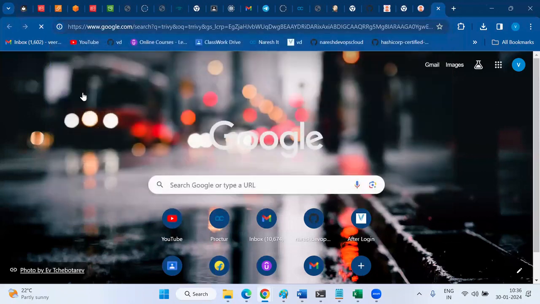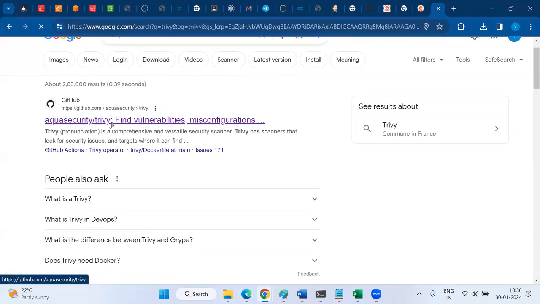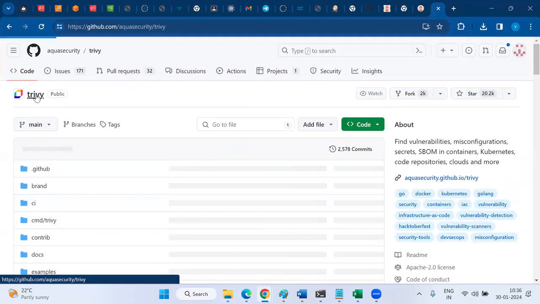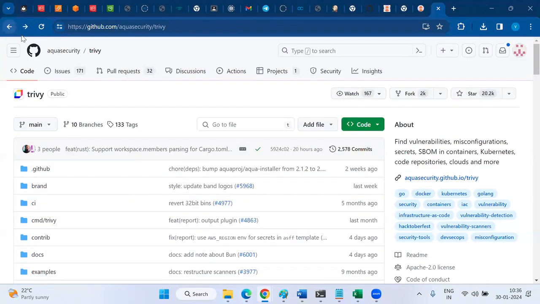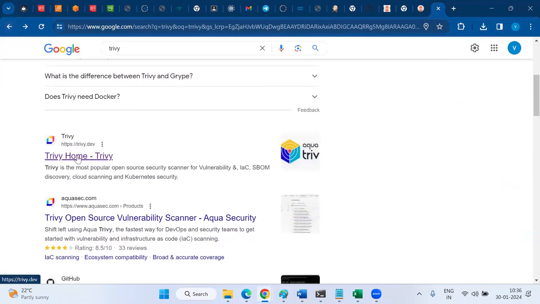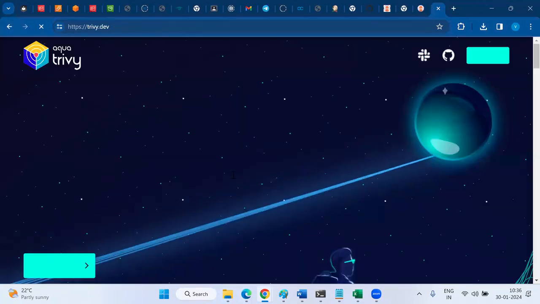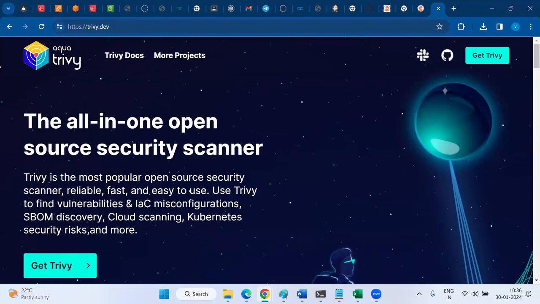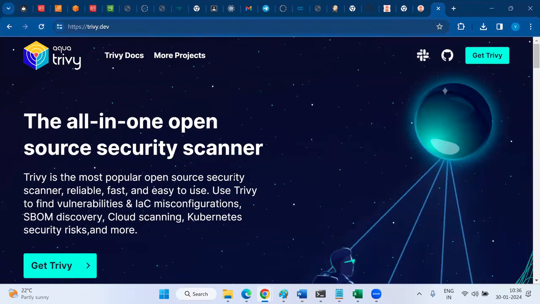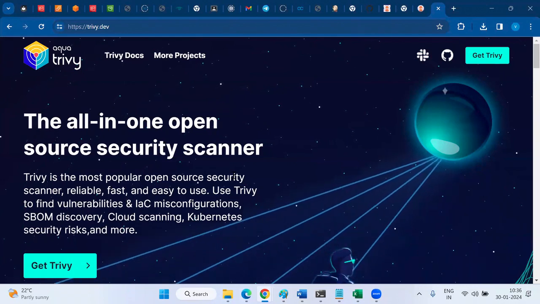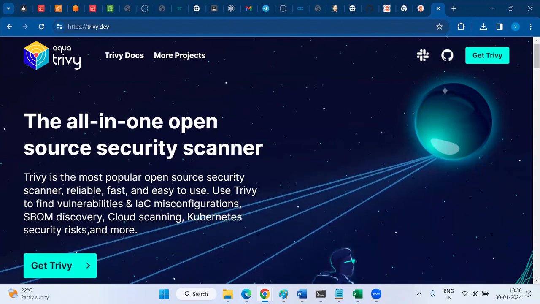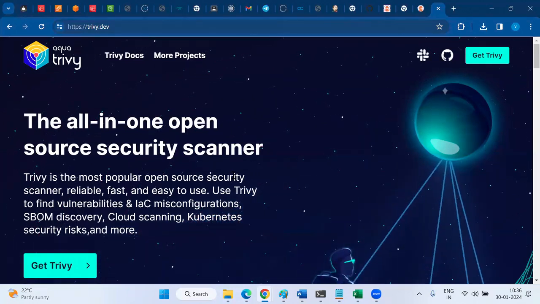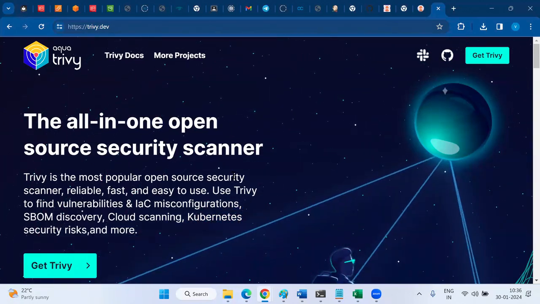Trivy is a scanner tool to scan your Docker images and whatever source application files. Sir, we have Sonar now, so why Trivy? Trivy is only to check vulnerabilities. What are vulnerabilities? Vulnerabilities are nothing but